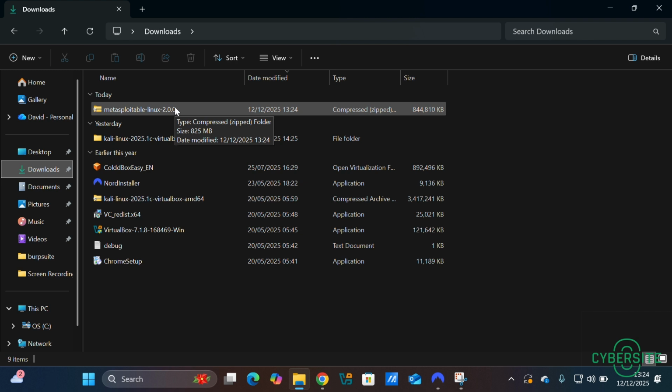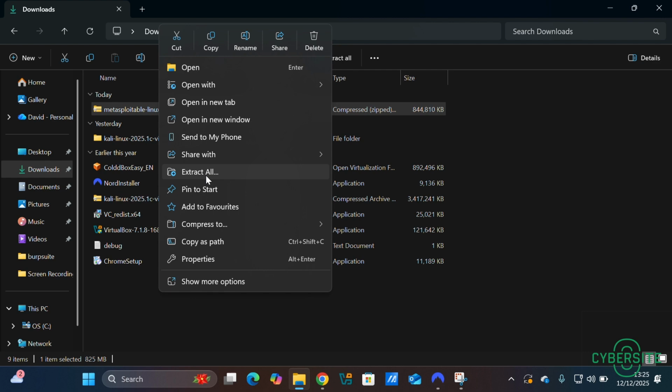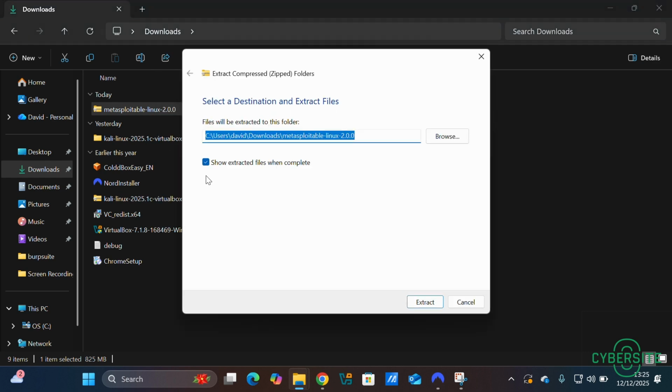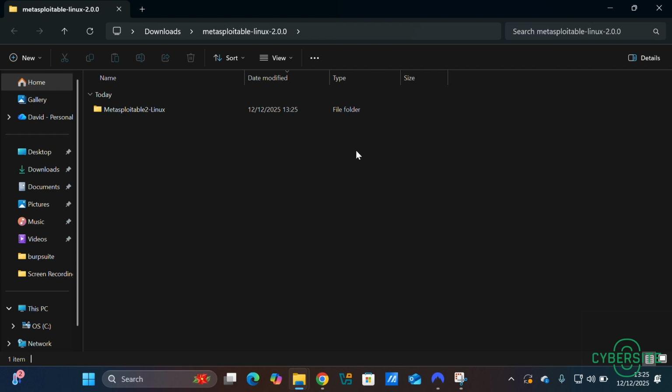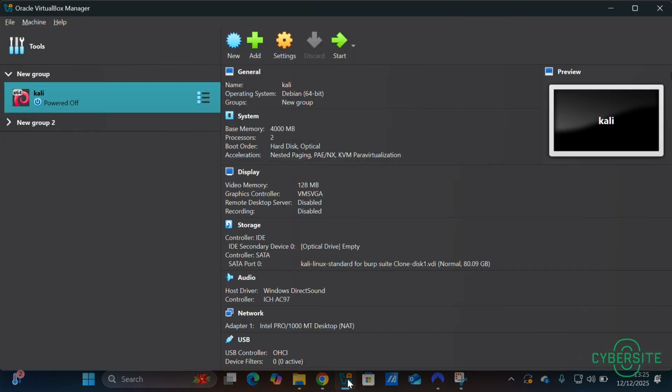So first of all, we need to unzip this file. So right click here and select extract all. Extract, and it is being extracted right now. And that's it, the file has been extracted. Now the next thing we need to do is go and set up Metasploitable in VirtualBox. So let's open VirtualBox. Here it is. Now click on this new icon here,